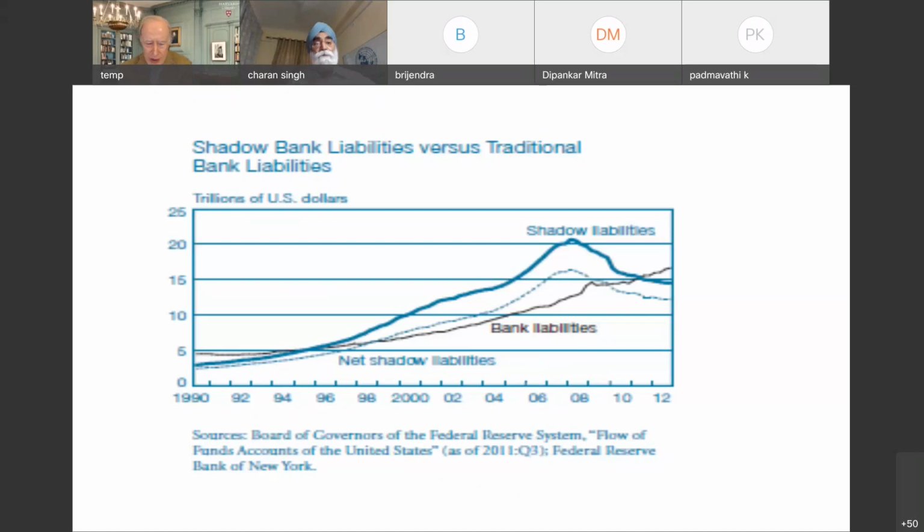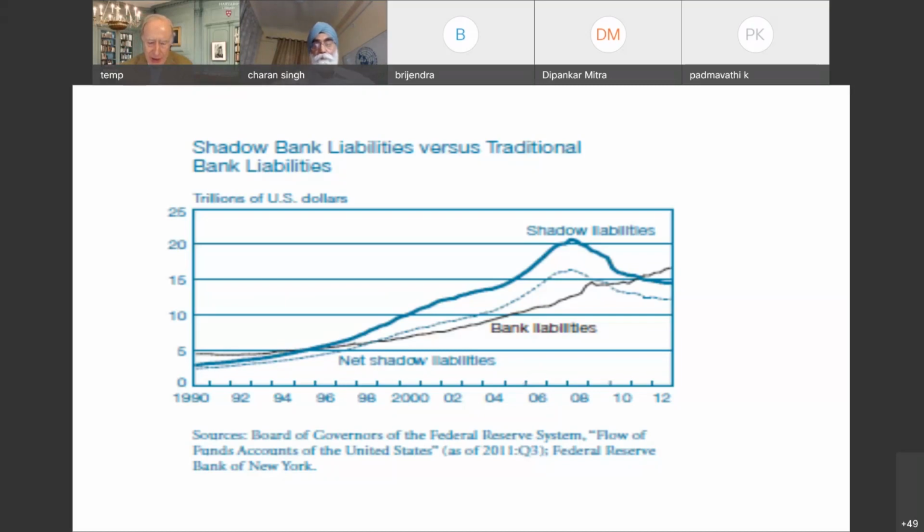I was disappointed. I was trying to find, for purposes of this morning, an extension of this chart up through the present day, and I was surprised that I couldn't find one conveniently. It's easy enough to construct, but I didn't have enough time to do that. But I would be quite confident that if we extended this chart out another 10 years to get to the end of the 2010s, what you would find is a reversal in which the shadow banking system has once again expanded. So the old-fashioned